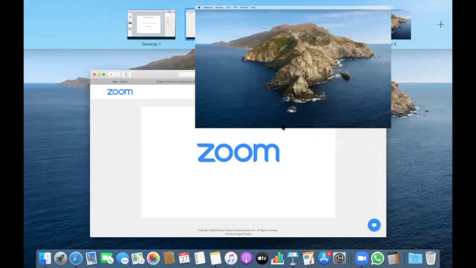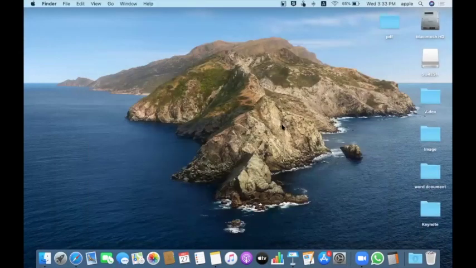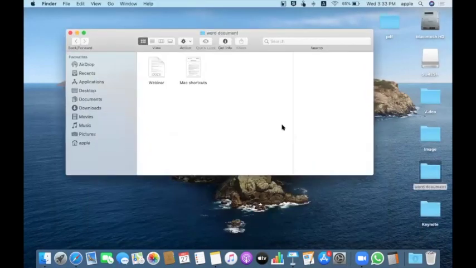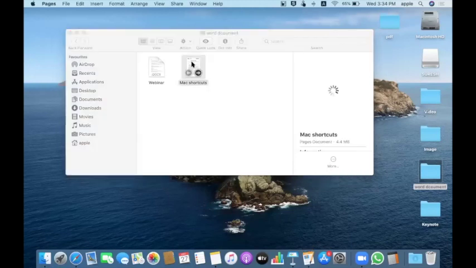We have a practice that whenever we create any document, at that instance we store it in a place. Then after 2 or 3 days we forget where we have stored it and what the document name of it is. It is a big headache for us to search for the document. Say for example, I have created a document for Mac shortcuts.